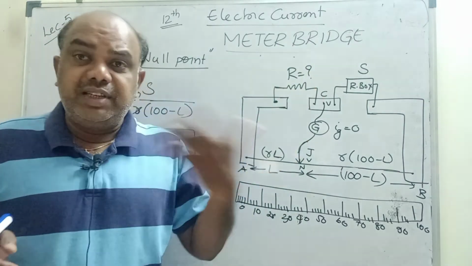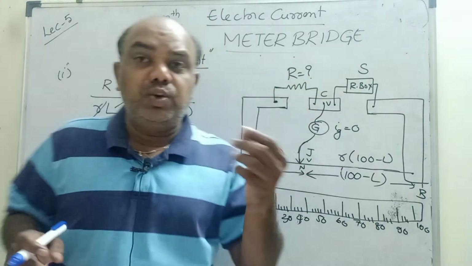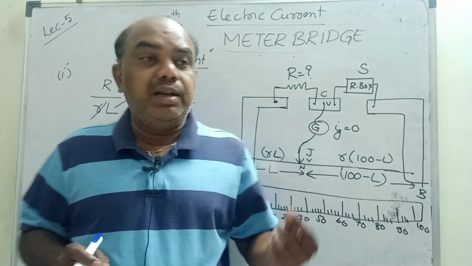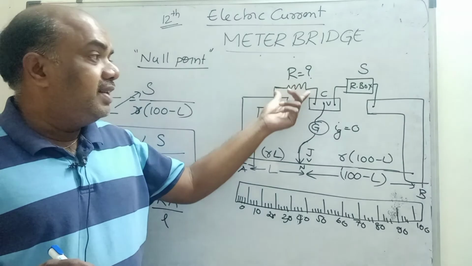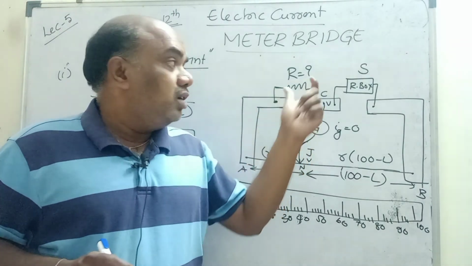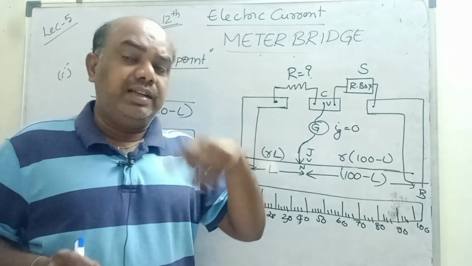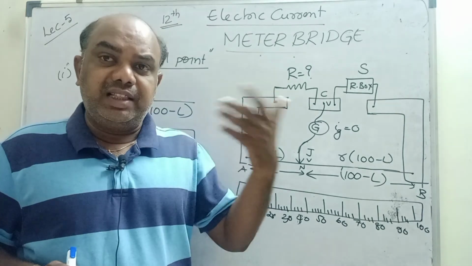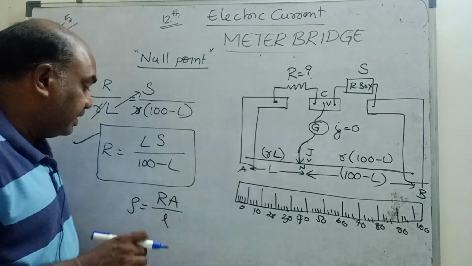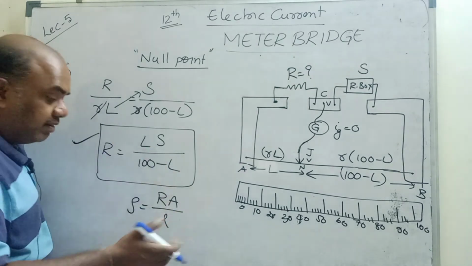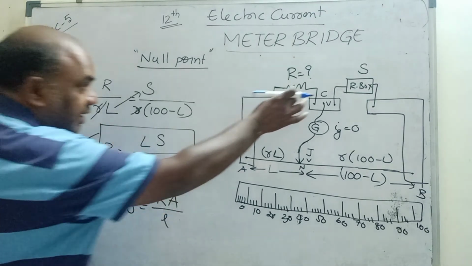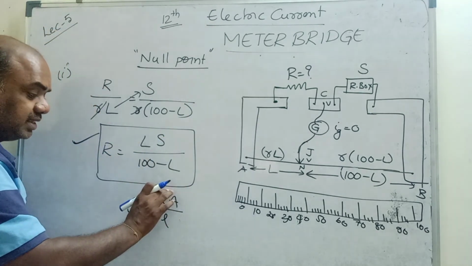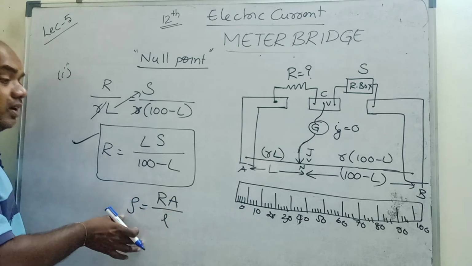Now this resistance you change each and every time you change this resistor. First you take 10 centimeter, next 20 centimeter, 30, 40, 50 centimeter. You increase the length each time and find the resistance. Next you change the area of cross section, the thickness. First time you change the length, second time you change the thickness. Each time you find the resistance. Repeat this experiment 6 to 7 times. Each time substitute the length, the thickness and the resistance. If you substitute these three values, you will get the resistivity.